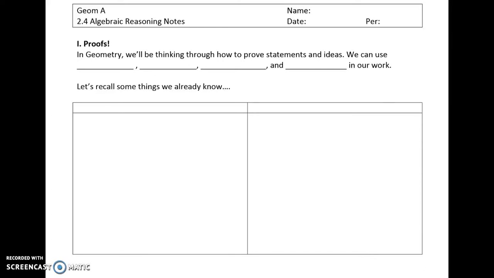So we're going to start proofs today with looking at algebraic reasoning. And let's talk about things that we already know that we can start using in our proofs. So we can use properties,